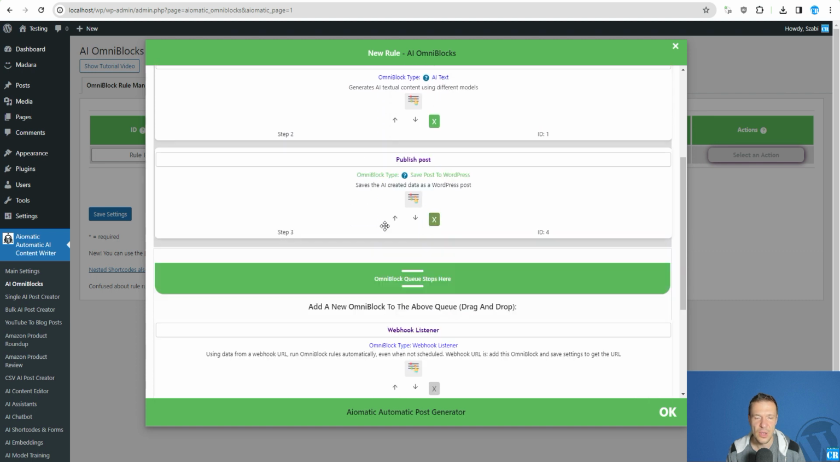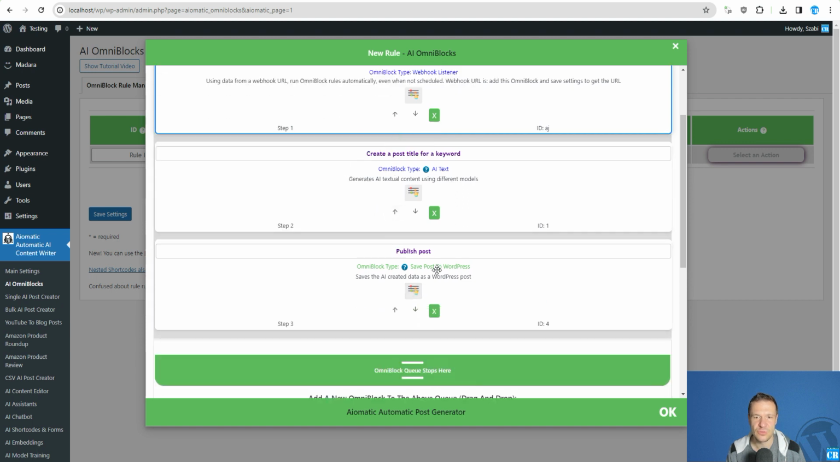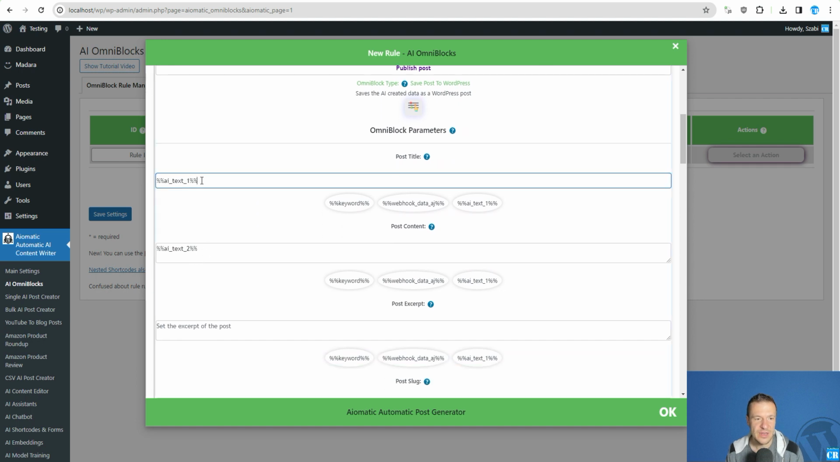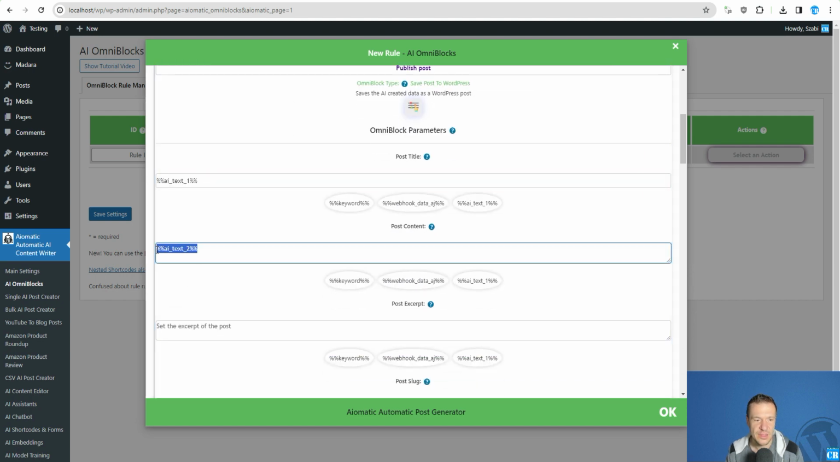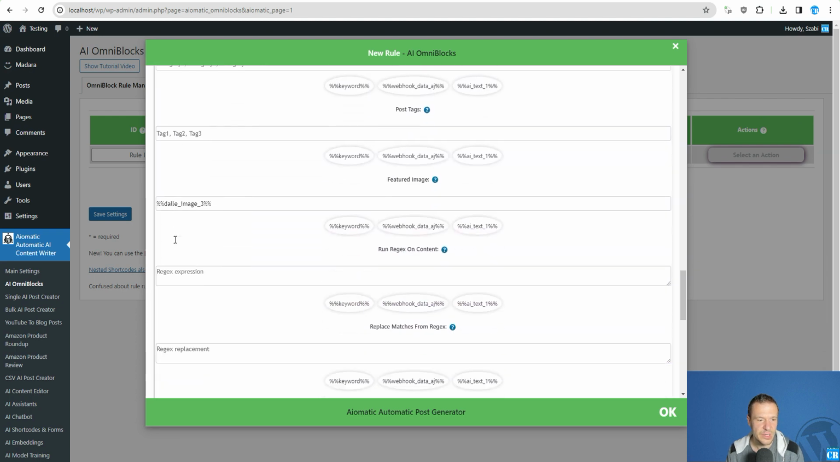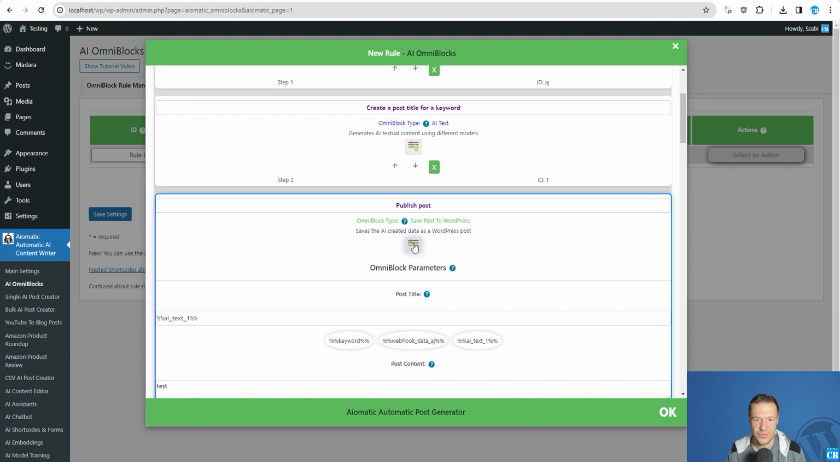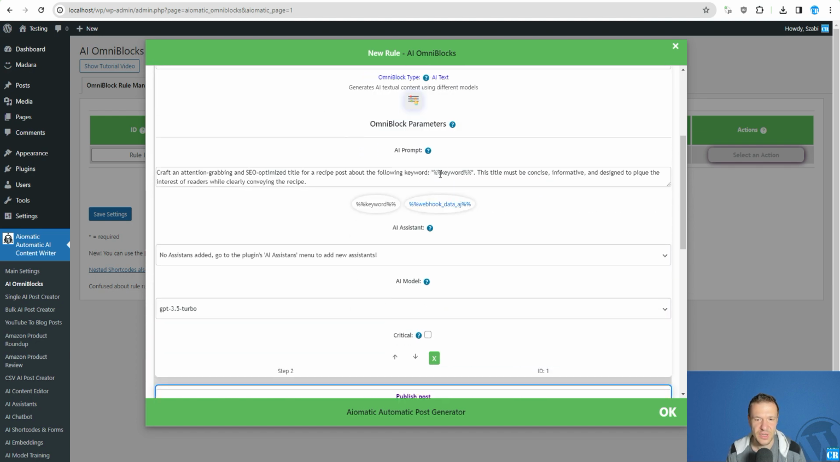Let me delete all these other OmniBlocks which were added by default here. And in the publish post OmniBlock, let's leave only the AI text 1 shortcode which this OmniBlock generates. So this will be the post title. The content, let's remove it, and we need to remove also the featured image OmniBlock, which was deleted by me previously. After we've done these changes, we can go in the create title for keyword OmniBlock, and